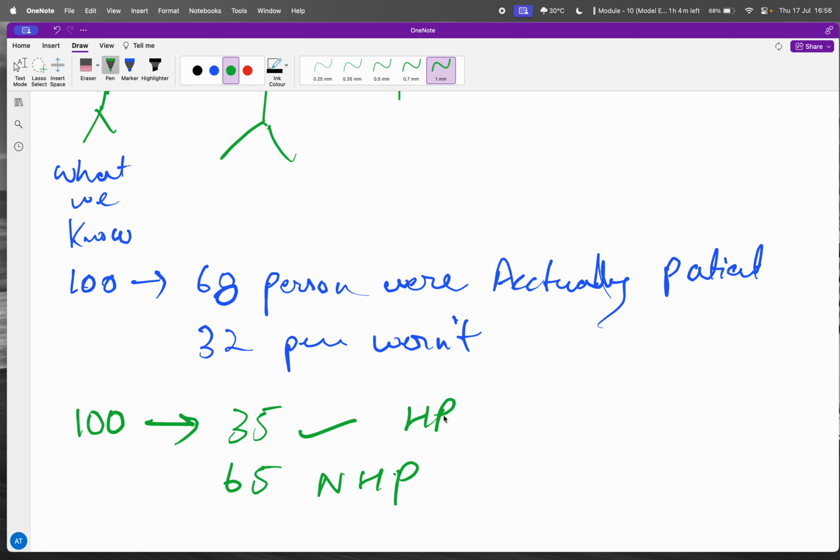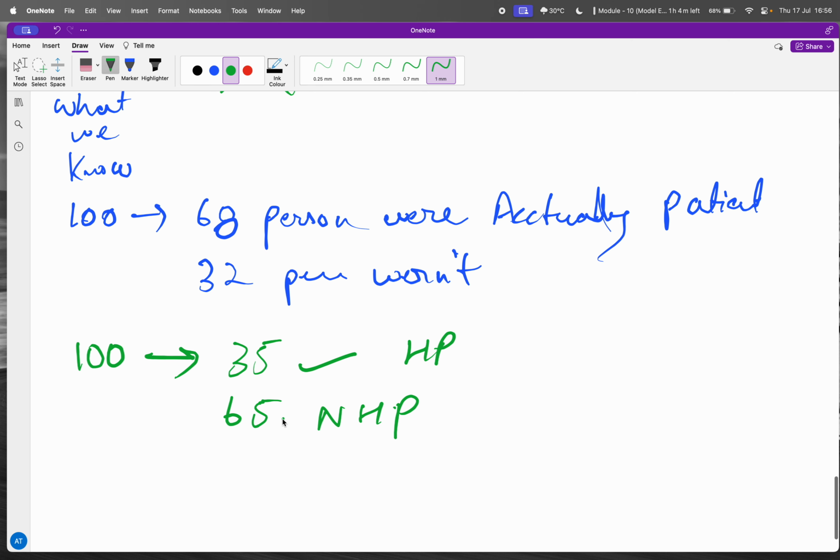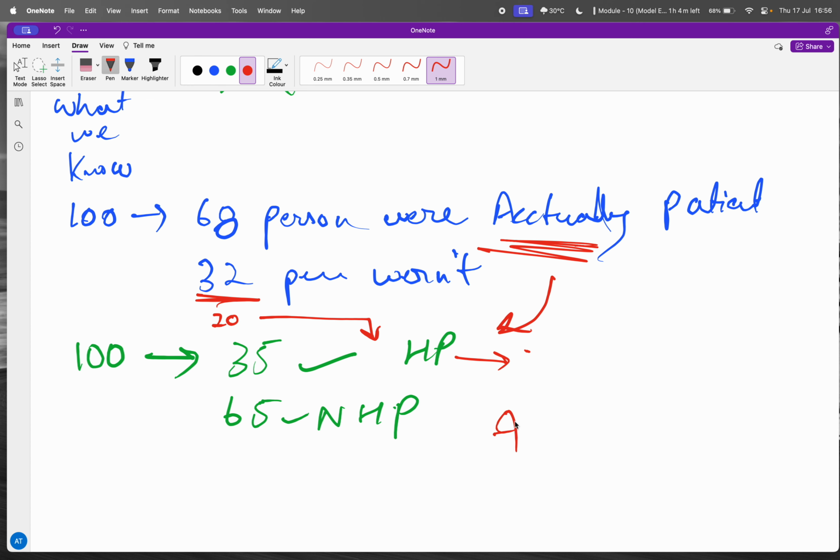So let's continue. Heart patient 35, not heart patient 65. This is fine, but how will we come to know that our model has classified the actual heart patients correctly as heart patients? It might say 32 out of 32, or it might say only 20 as heart patients. So to evaluate this, we use the confusion matrix, and there